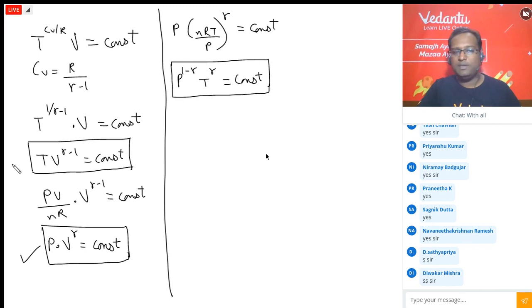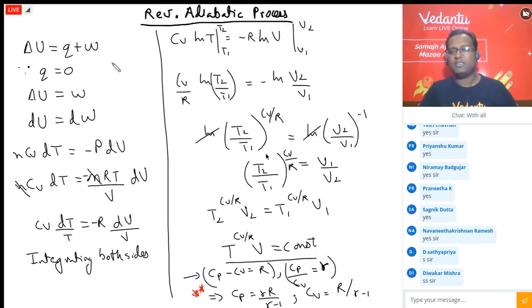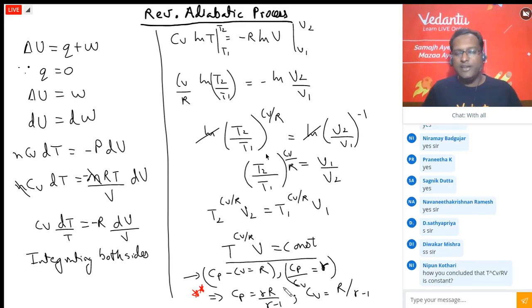I'm going back to the previous page. Go through it all over from the start and ask doubts, if any, till the end of the page. Sir, do we need to remember this derivation? Will it be asked in exam? No, it will not be asked.